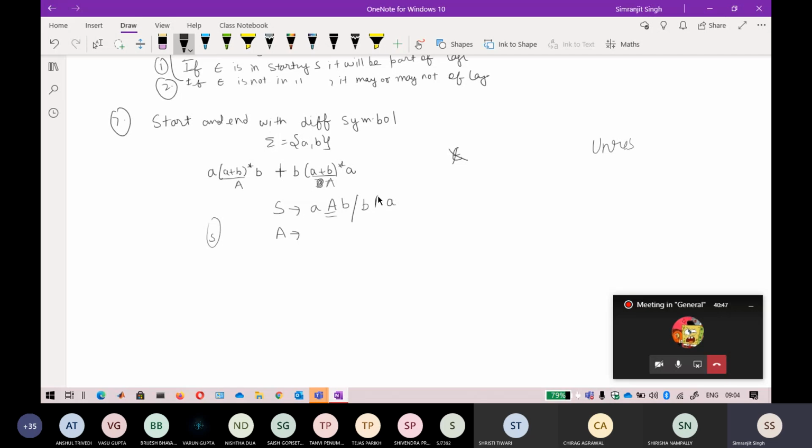But you can do this in another way. I will tell you another way. So A is your same small a, b greater a, and there is epsilon. Okay, so you can do this. This is correct. But if there is a plus b star already there, and in the expression there is another a plus b star, so use the same variable.